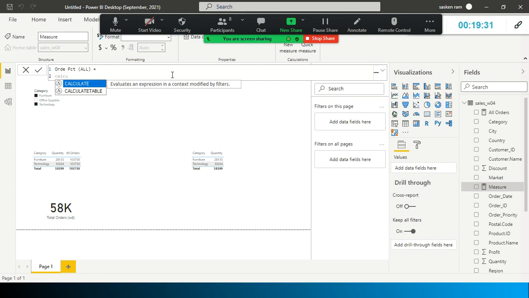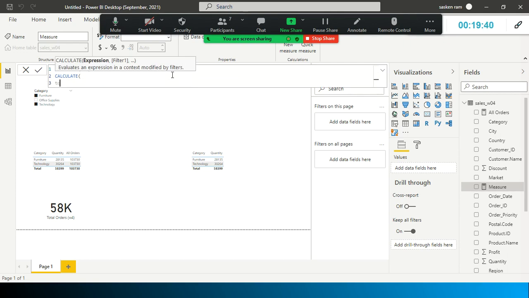So what I am going to do is divide this value by that value. Calculate the total.